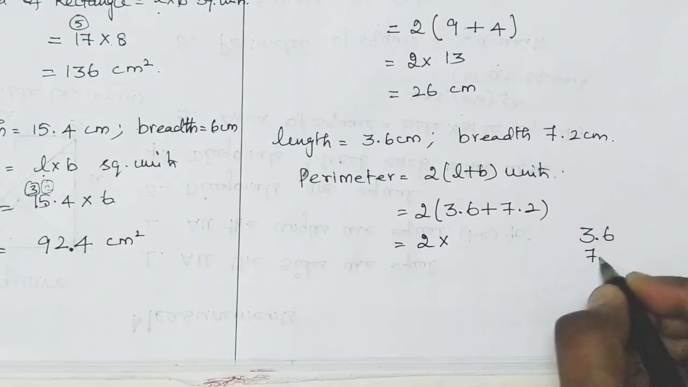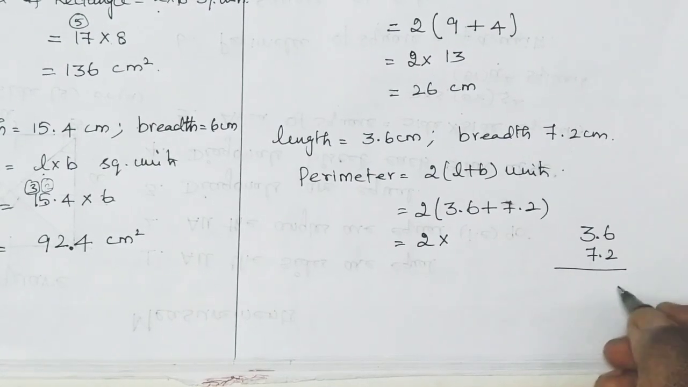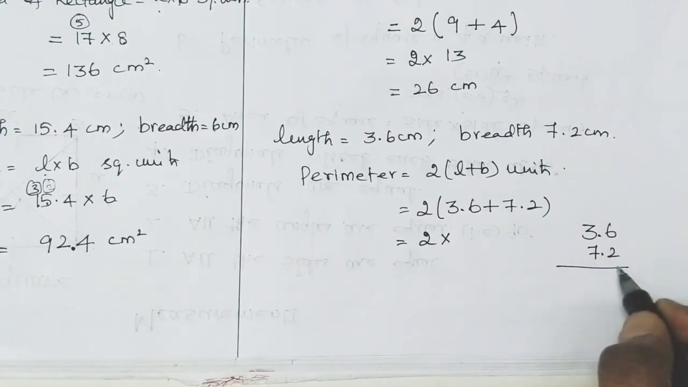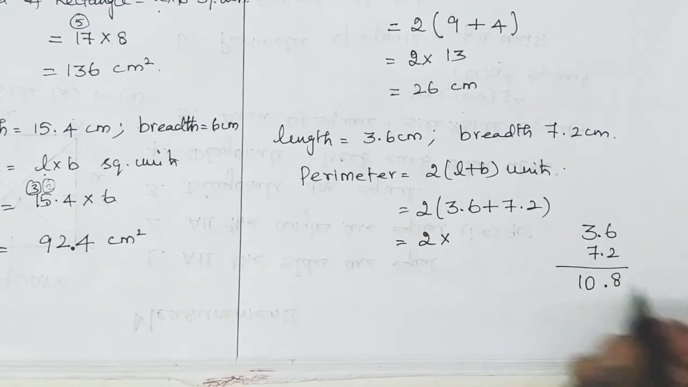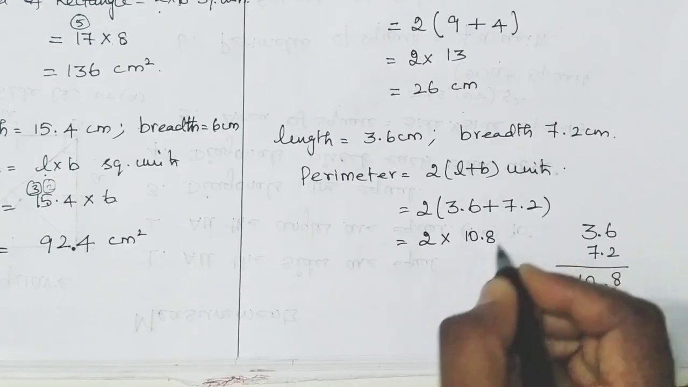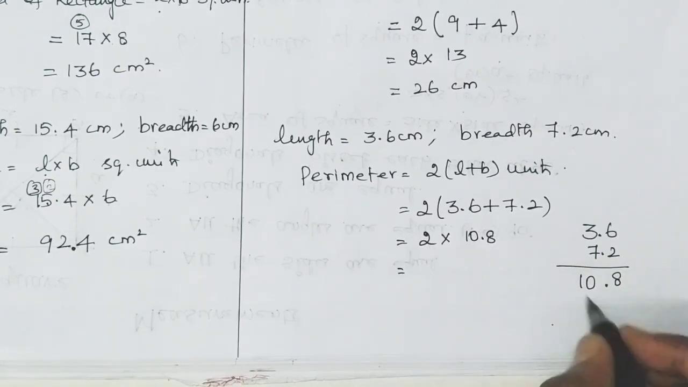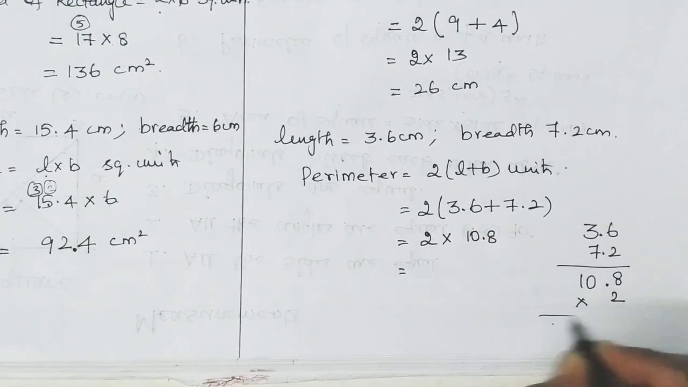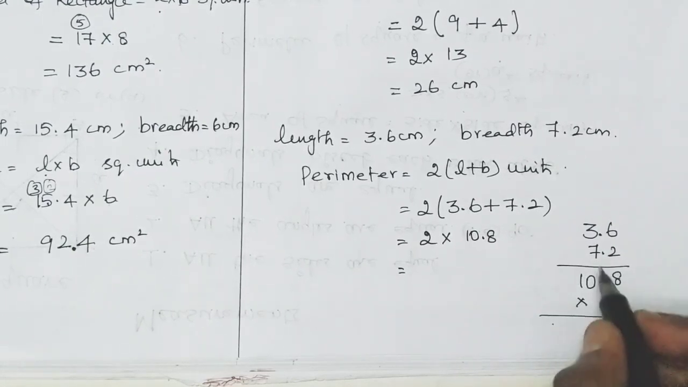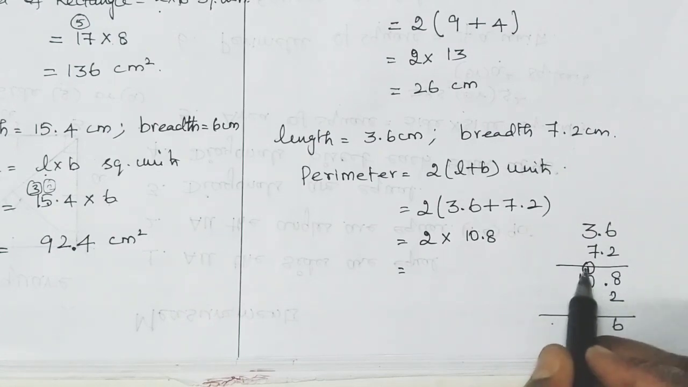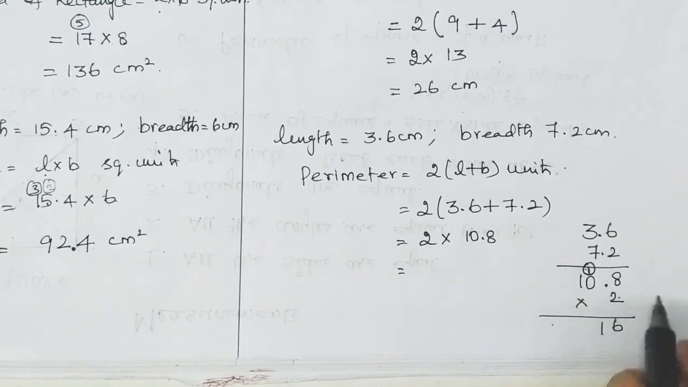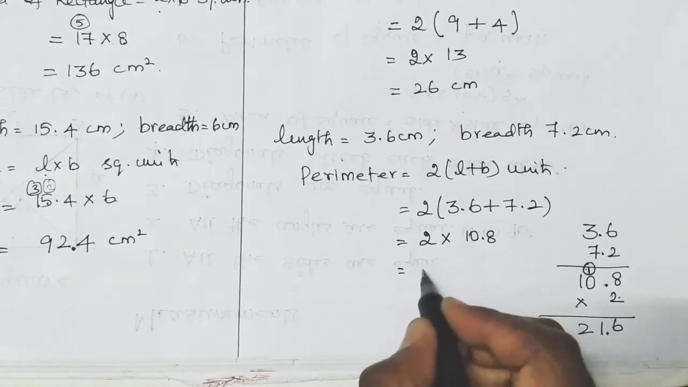3.6 plus 7.2, right? 6 plus 2 is 8. Keep the decimal point. 3 plus 7 is 10. So it is 10.8. Now the multiplication into 2. 2 eights are 16, 1 carry over. 2 zeros are 0, 0 plus 1 is 1. 2 ones are 2. Now 1 digit decimal point. So keep the decimal point. So it is